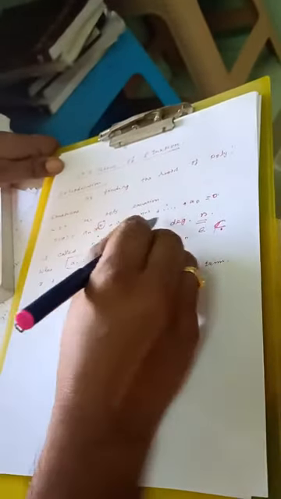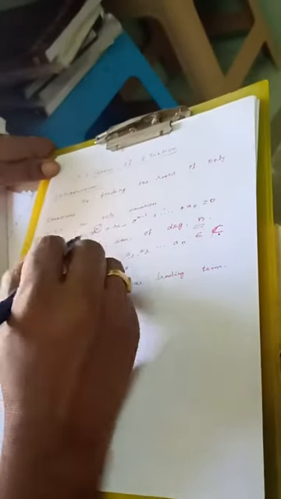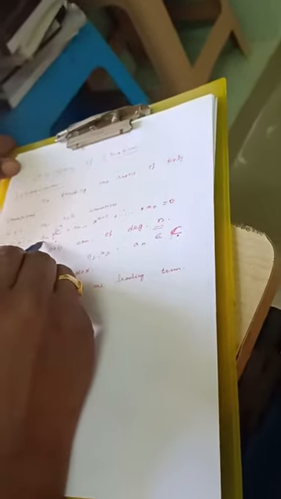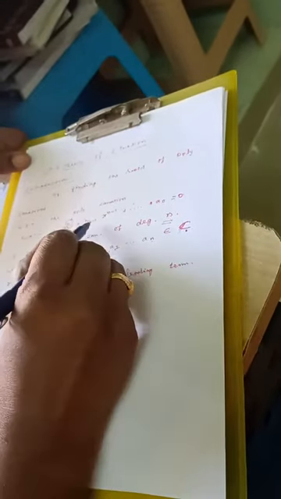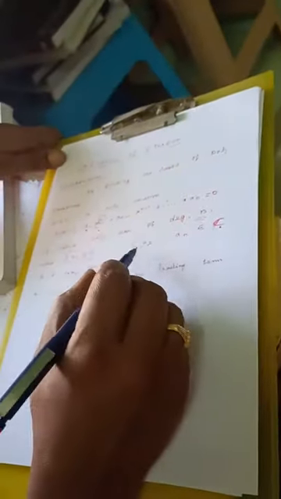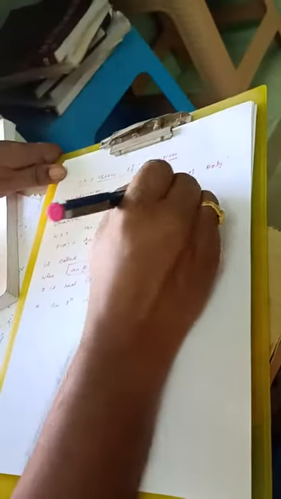Then how many roots are there? There are n roots, because in the polynomial, an is the coefficient of x power n, an minus 1 is the coefficient of x power n minus 1, and a naught is the constant term, equal to 0. We already studied this in the previous classes. Now I am solving the polynomial equation, finding the roots of the polynomial equation. First we can teach about the quadratic equation.